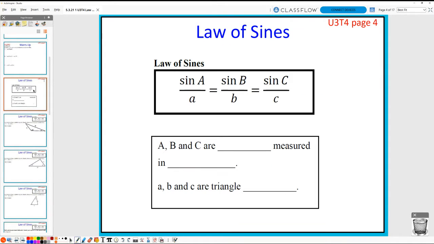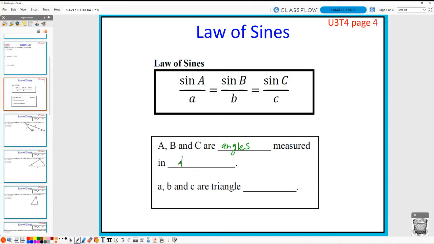Now, law of sines is pretty straightforward. Essentially, what it says is for every angle measurement that you have in your triangle, the sine of that angle, the ratio between it and the corresponding side, is equal to the sine of B with its corresponding side, and that's also equal to the sine of C, angle C, as well as the corresponding side. Now, the capitalized A, B, and C, these are my angles